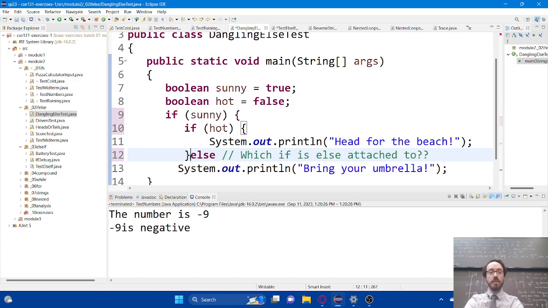So here's another great trick. I like showing this trick to people. If your indentation is screwed up, Eclipse can fix it for you, which is nice. It will not tell you where to put the brackets. That's up to you. You have to put the brackets in first and make sure that the brackets are in the appropriate places.